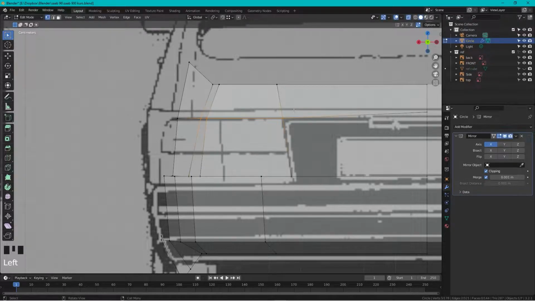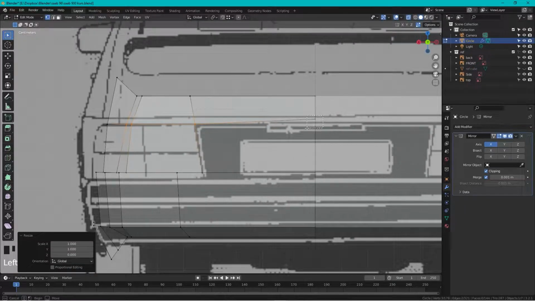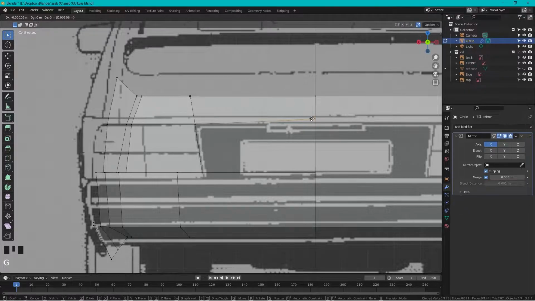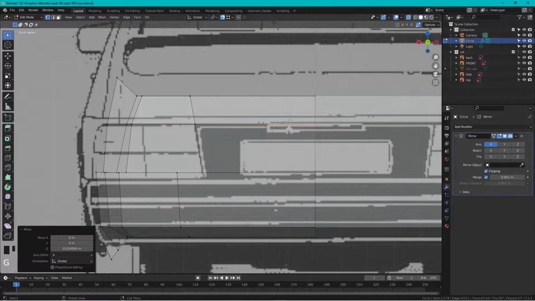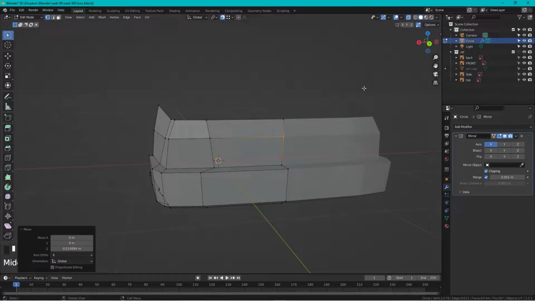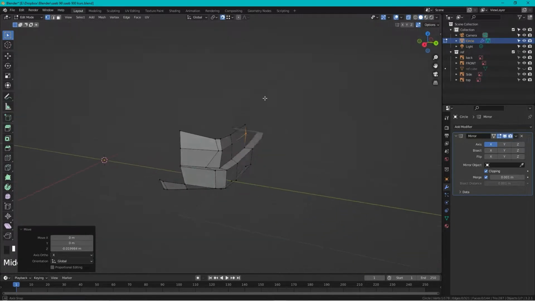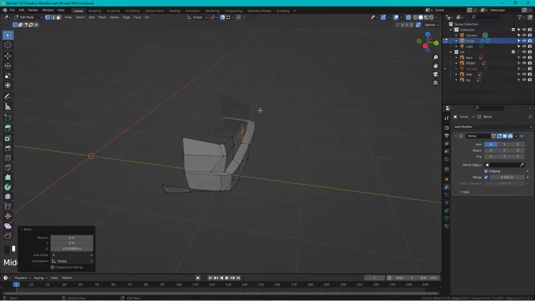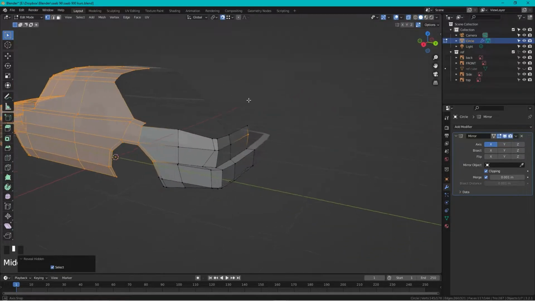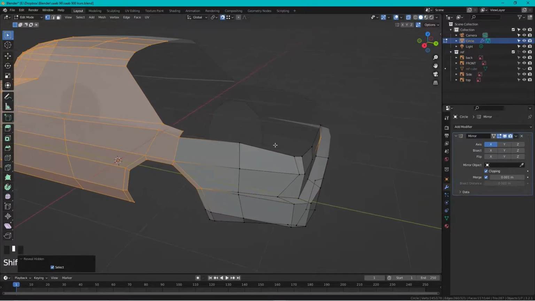Or I think we select all of these and press S to scale in Z and 0, so we get them in the same line. I forgot that one, but then we can press Shift Tab to activate the snapping tool, and press G, Z, and snap in that height, and that will do the same thing. Okay, great. And now we can press Alt H to bring everything back,